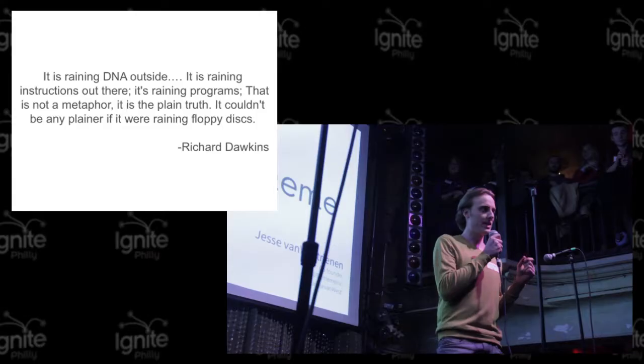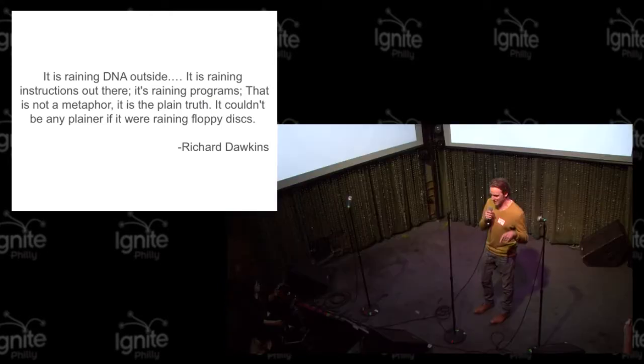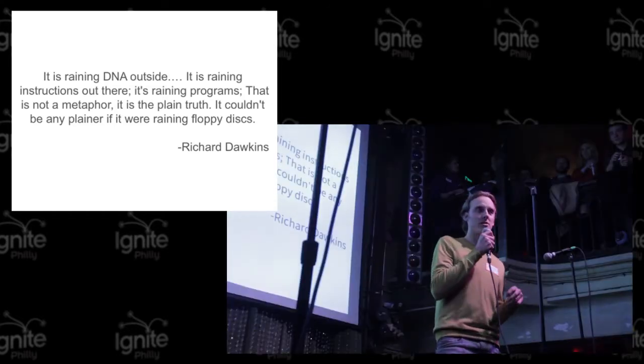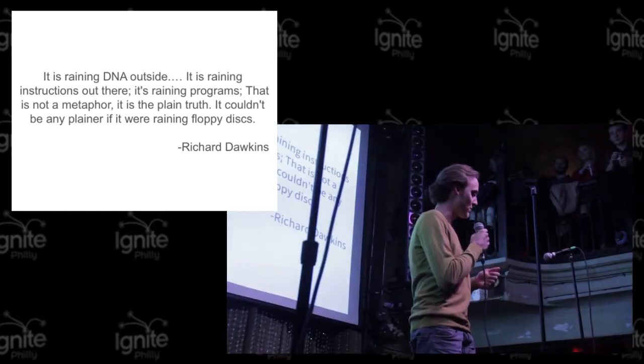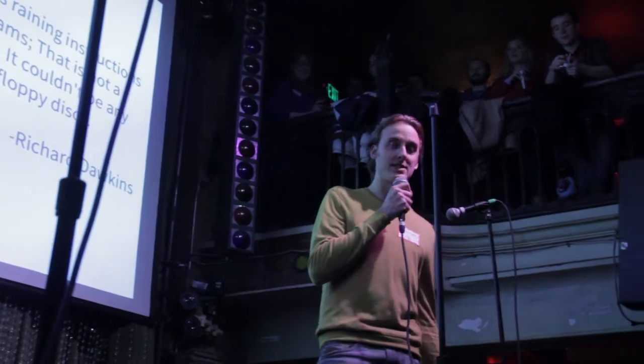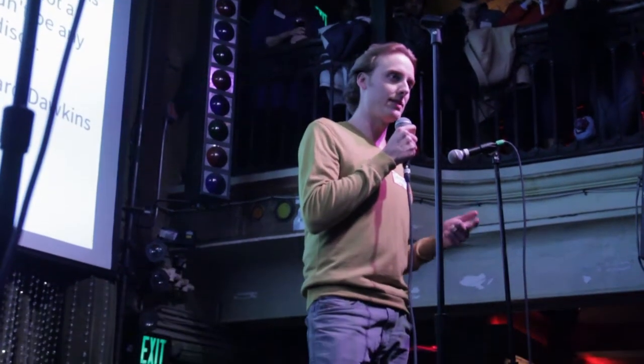Think about this for a second. DNA is everywhere. It's covering every surface of this room. Most of the DNA found inside and outside of your body doesn't even belong to you. It belongs to all the bacteria that call you home. DNA is information, and the amount of information found in all this DNA is staggering. And for the most part, nobody's even using it or looking at it. So at Biomeme, we make products that allow you to access this DNA information so that you can make better